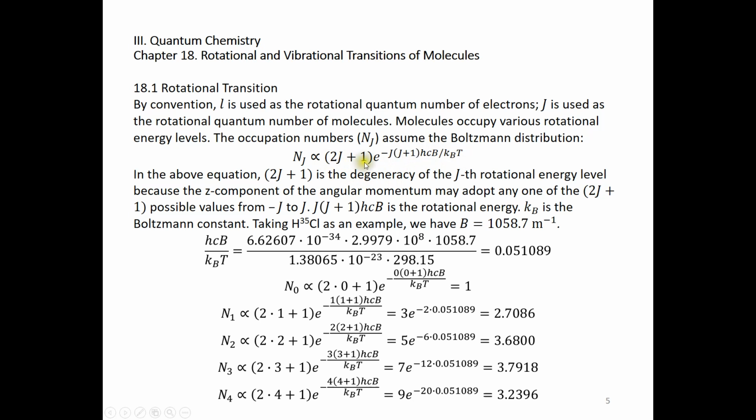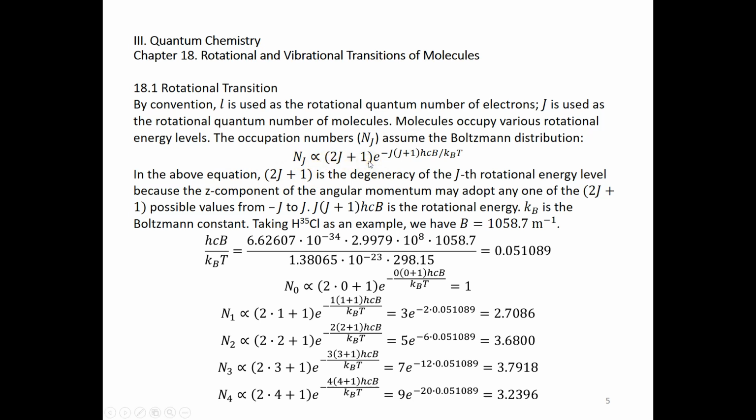Why 2J plus 1? That's just the degeneracy of the Jth rotational energy level. Again, it's just because m sub J can be from negative J to J. M sub J can have 2J plus 1 different values. So with this taken into account, the number of molecules occupying the Jth rotational energy level should be proportional to